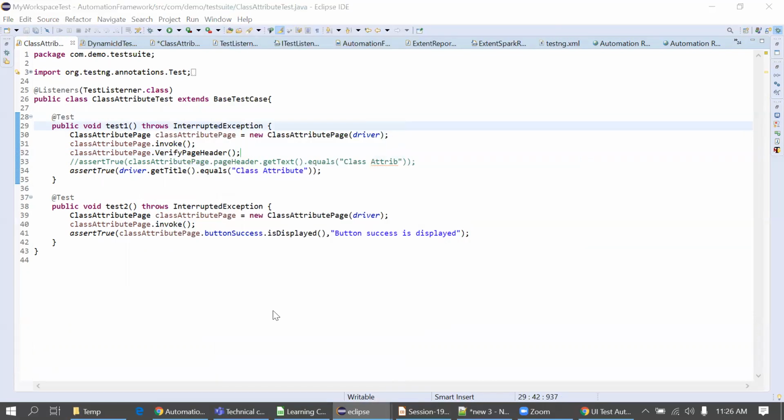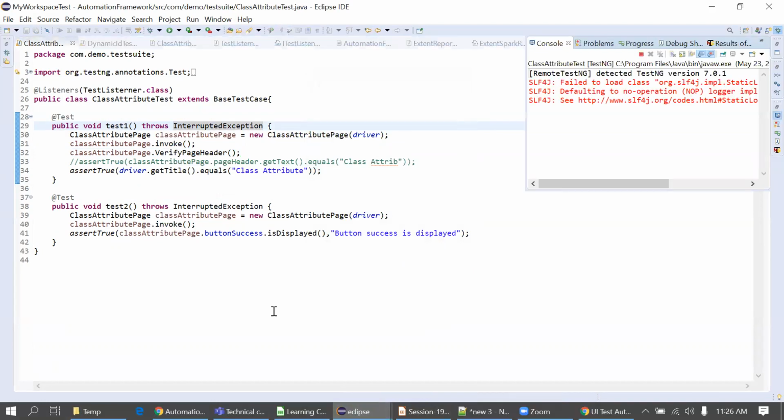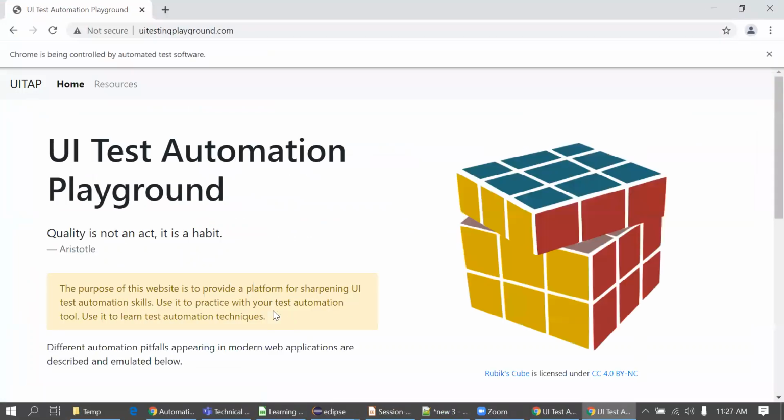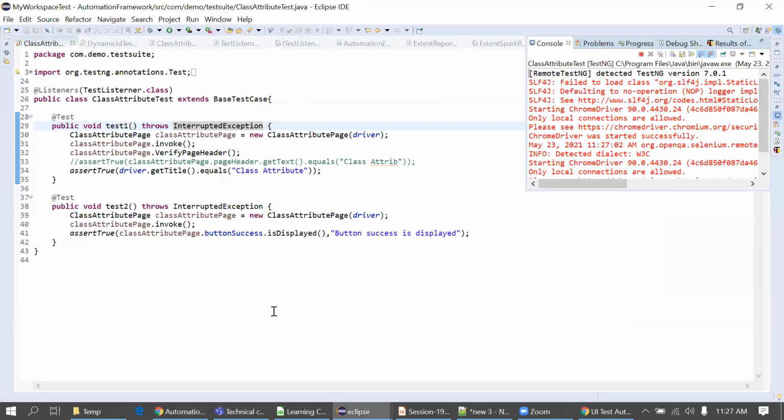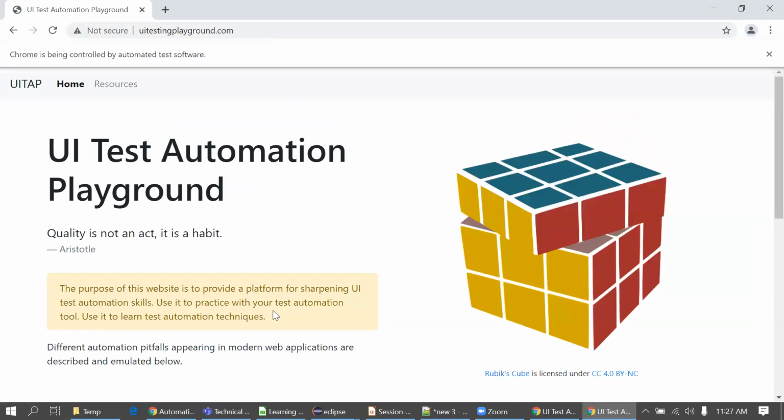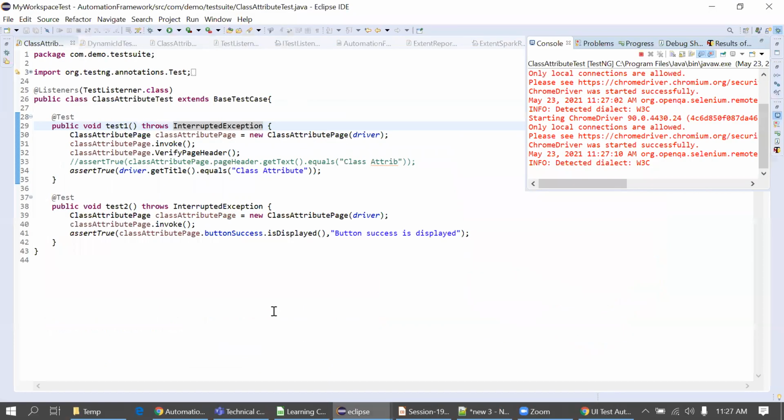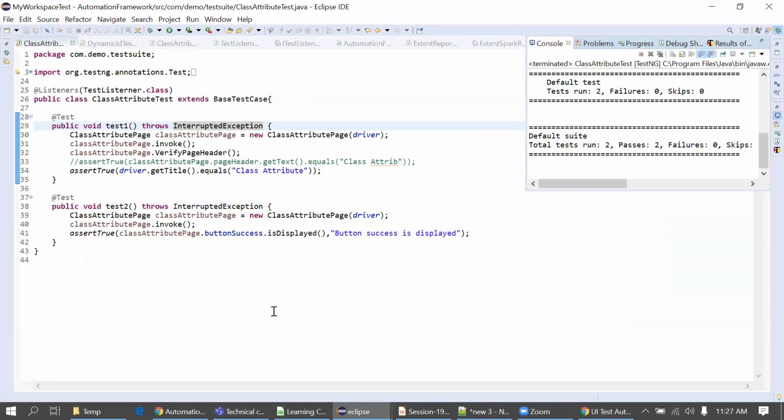Run as TestNG test. Because if you are printing the report, we should know what actually happened in the test case, and which thing we are verifying. That's why we are printing more log there.